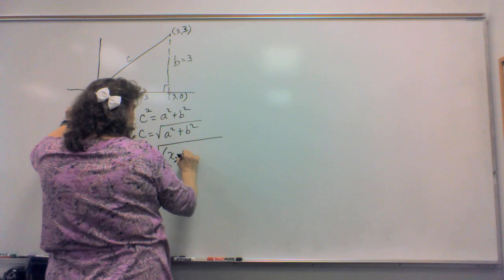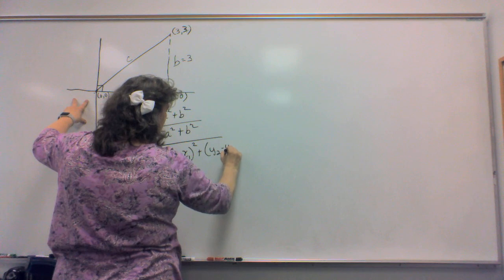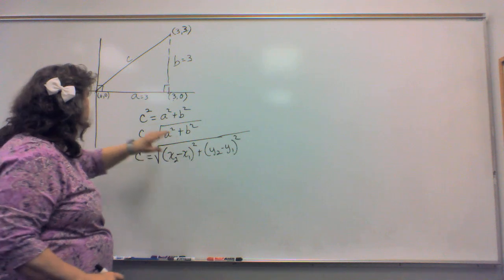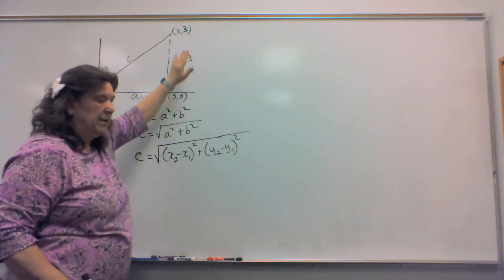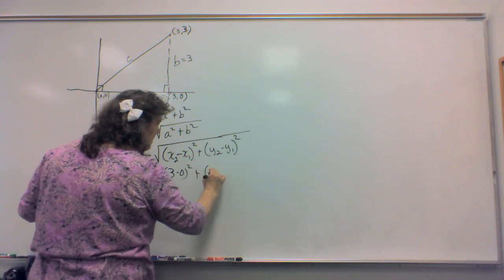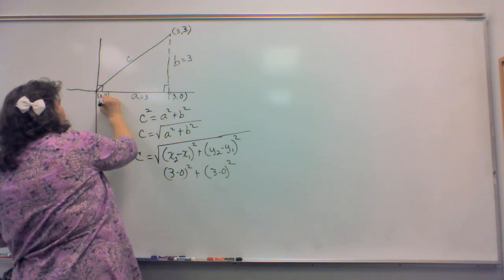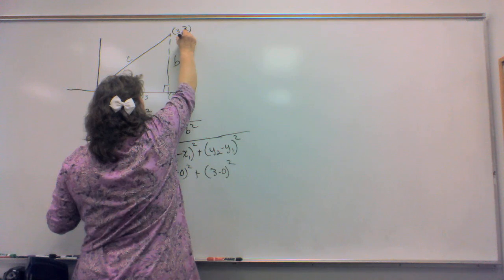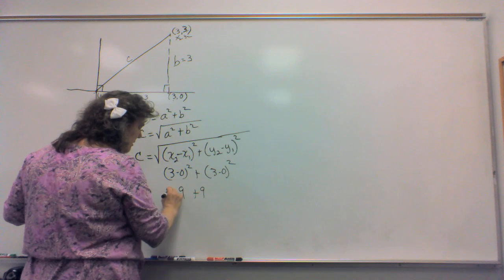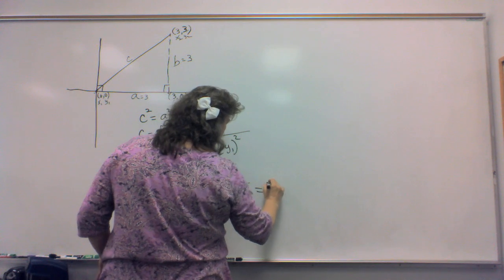X sub 2 minus X sub 1 squared plus Y sub 2 minus Y sub 1 squared. And so now you know your 2 points, 0, 0, and 3, 3. So this would be 3 minus 0 squared plus 3 minus 0 squared. Because here's your x1, y1, and your x2, y2. And this gives you 9 plus 9 square root, gives you square root of 18, which would be 3 square